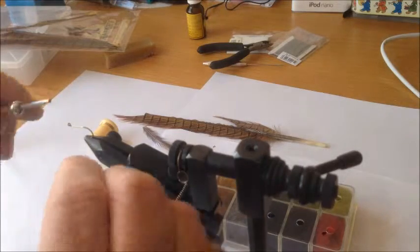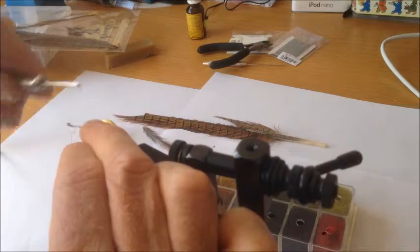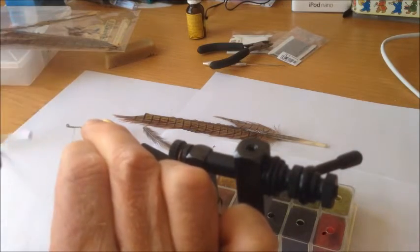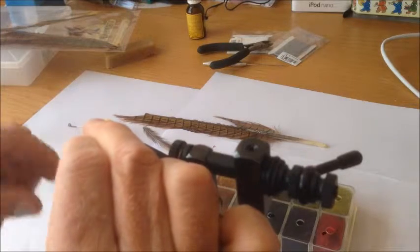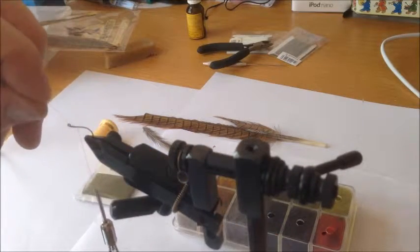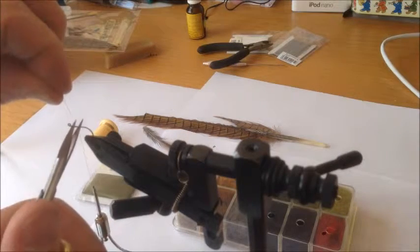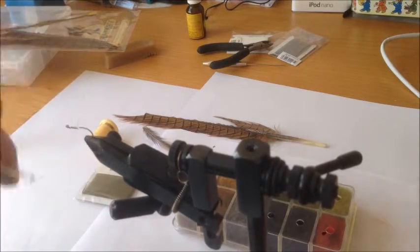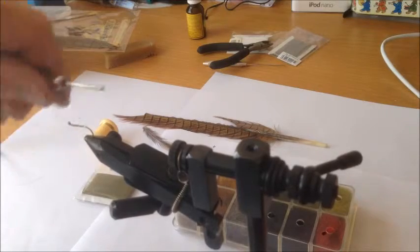So the first step in tying any fly is to lay down a base of thread along the length of the hook. I normally would catch the thread on like that, and then just very simply I would trim the point of the thread off like that, and then continue laying the thread down to the end of the hook. Now, a little trick that I've learnt is that if I'm tying